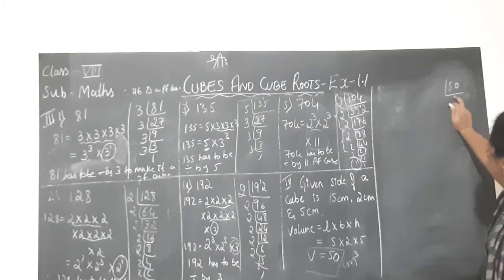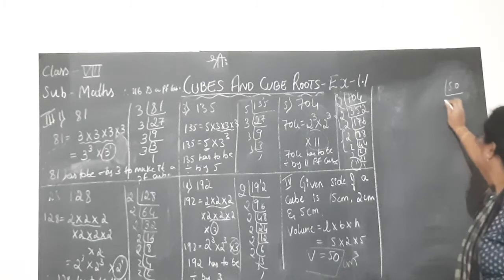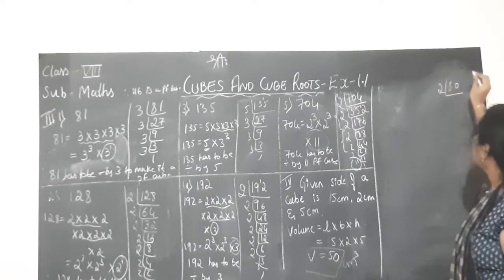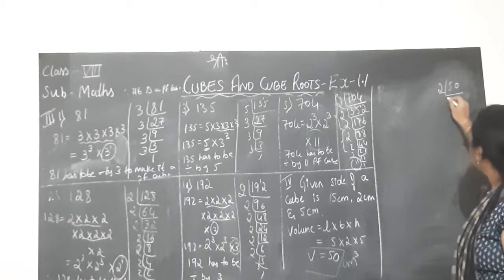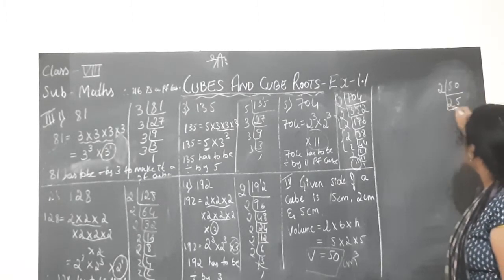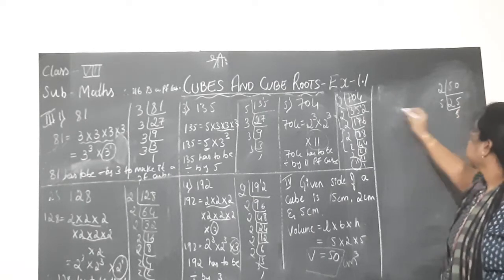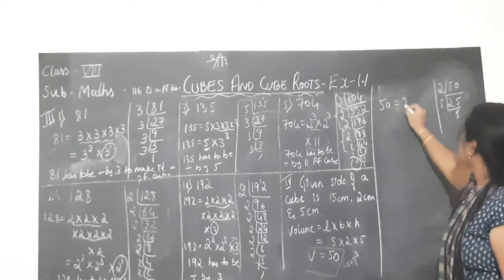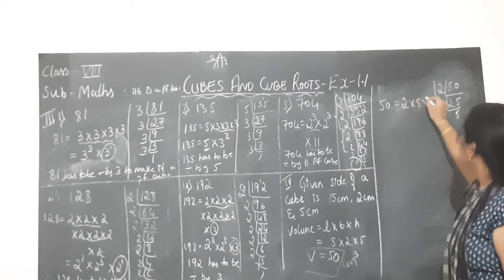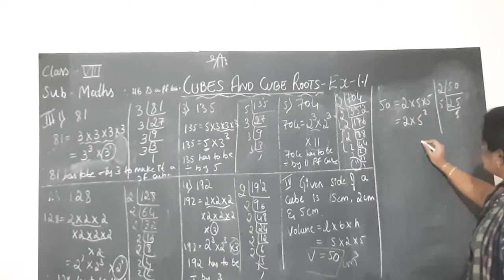What I do in the next step is I do the prime factorization method for this number 50. Since 0 is there, I start with table 2. You can start with 5 either, no problem. 2 2s are 4, 2 5s are 10, 5 5s are 25. I got it. So what is this number? I'll draw a line. 50 is equal to 2 into 5 into 5 I got, which is 2 into 5 square.